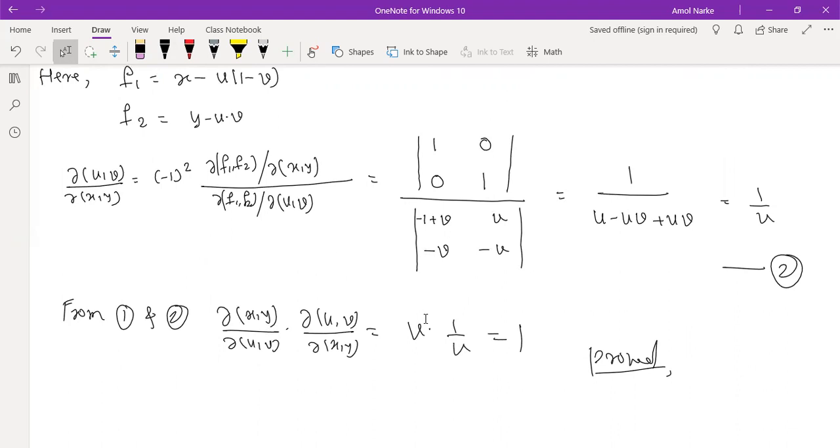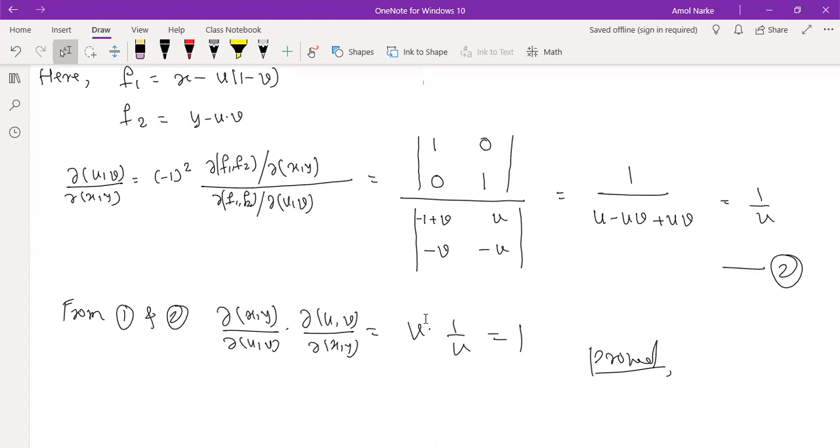Now in the next lecture, we are going to see functionally dependent and functionally independent. Now we know what is dependent vector and independent vector. We started this in the first lecture, dependent vector and independent vector in matrices. Now whether two given functions are dependent or independent. If they are dependent, then what is the condition? When they are independent, then what is the condition? How to find the relation between the dependent variable and independent. So by using Jacobian, we can find whether two functions are dependent or not. That is what we are going to see in the next lecture.